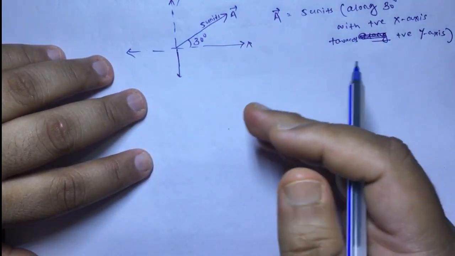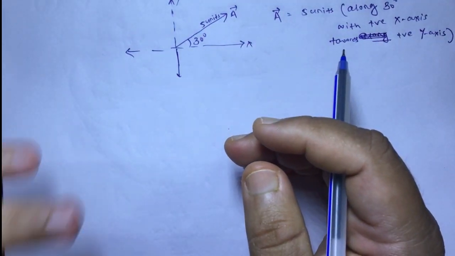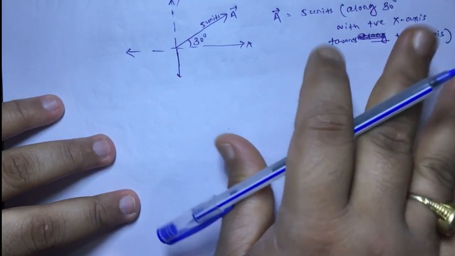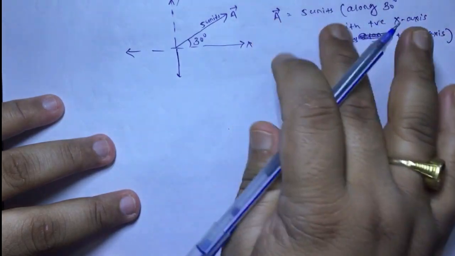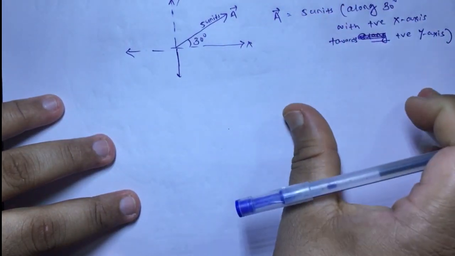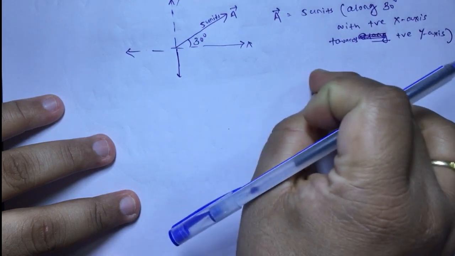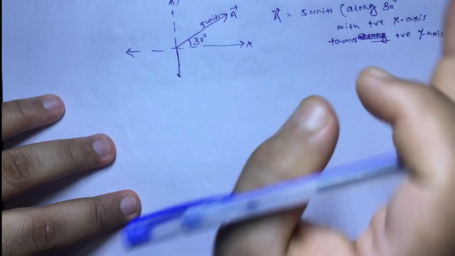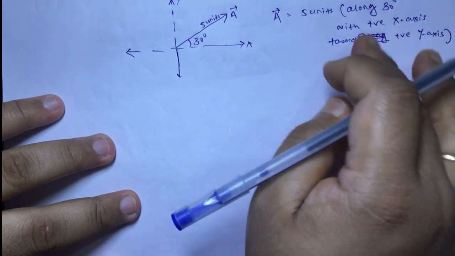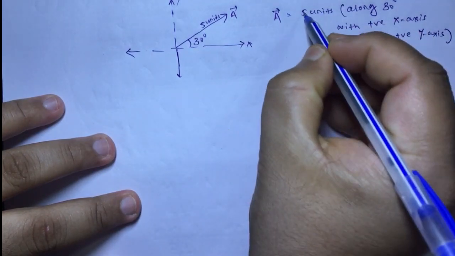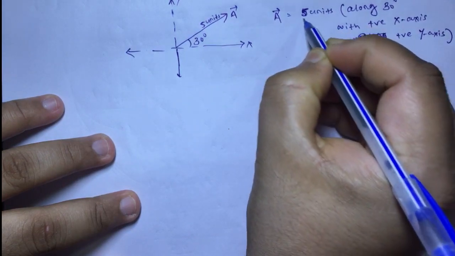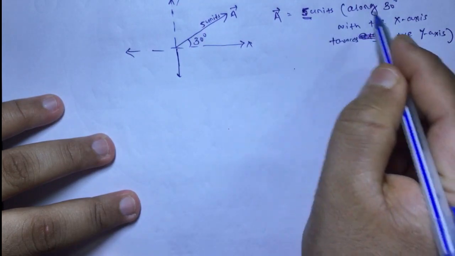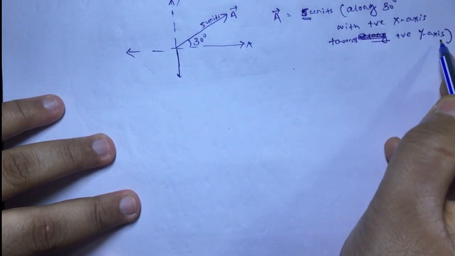Now, while we are going to do some mathematical operations, this kind of writing form is not going to help us. So now I want to write this thing in a mathematical way. If I write a vector equal to this much, then the direction should not need to be mentioned. These 5 units, that is okay, the 5 is a number. If it is a force of 5 Newton, then I can write 5 Newton along 30 degrees with the positive x axis